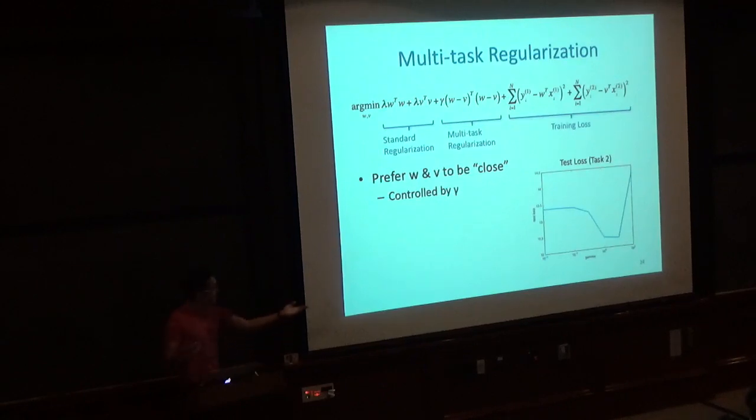This is a synthetic data set, but I think the curve qualitatively illustrates my point, which is that in the beginning, when gamma is really low, we get pretty high test loss on task 2. Because task 2 and task 1 have some similarities, as I increase gamma, I can share statistical strength, right? Because I have training data for task 1, and I know that the model I learned for task 1 is similar. So as I increase gamma and I force these two to be similar, the test loss actually decreases. But then if I hit gamma too high, in particular if gamma is infinity, then I force W and V to be exactly equal, then test loss goes back up.